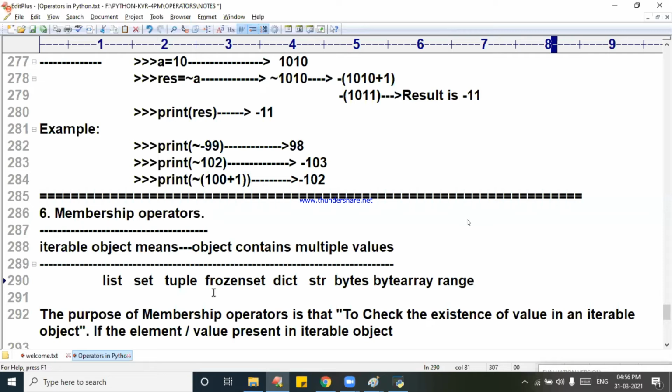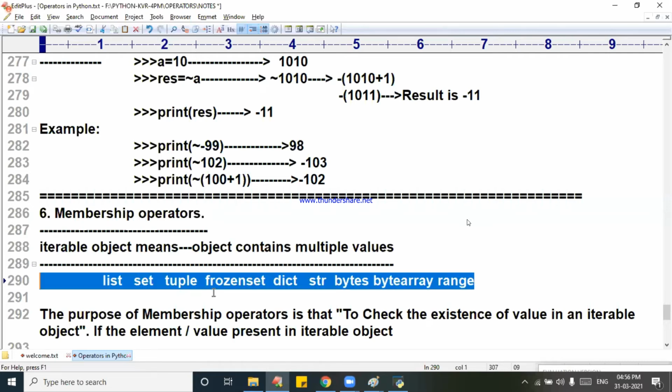Except the fundamental data types, except 4 data types: int, float, bool, complex. The rest of the 10 data types come under iterable object because they have the capacity to store more than one value.